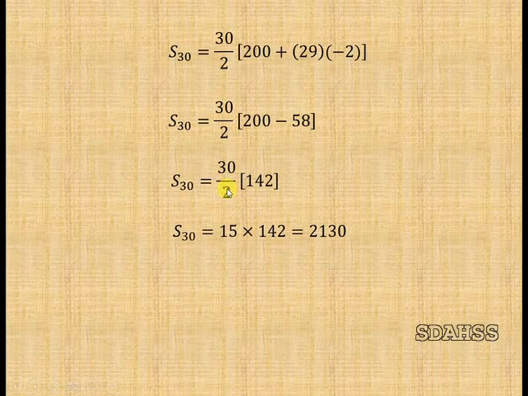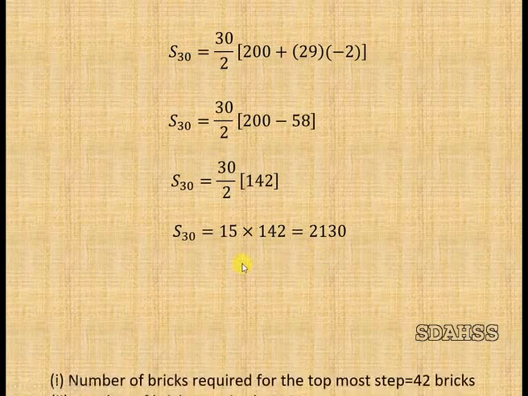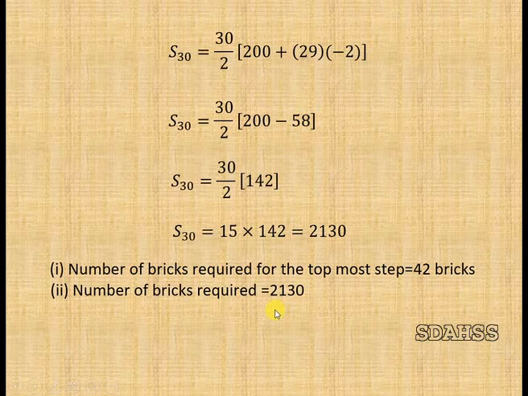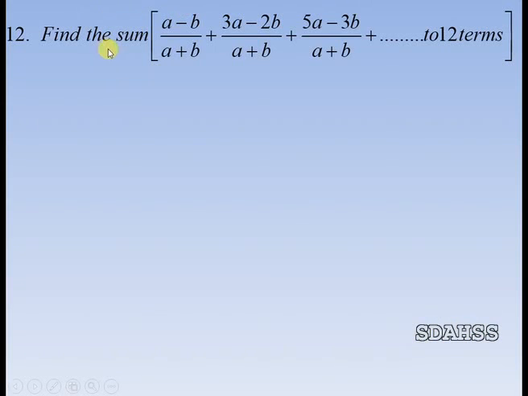Cancel the numerator and denominator by 2 tables. So you have 15 into 142, 2130. So the number of bricks required for the topmost step is 42 bricks, and the number of bricks required to build the staircase is 2130. The next sum. Find the sum a minus b by a plus b plus 3a minus 2b divided by